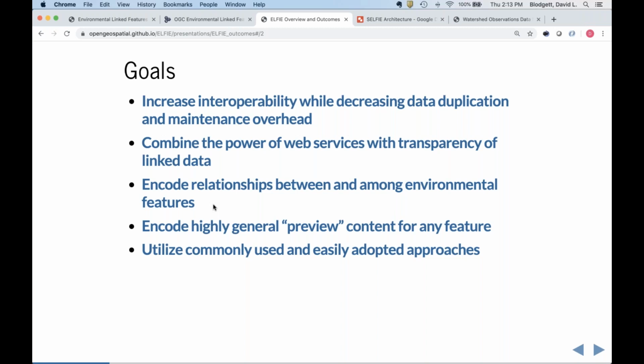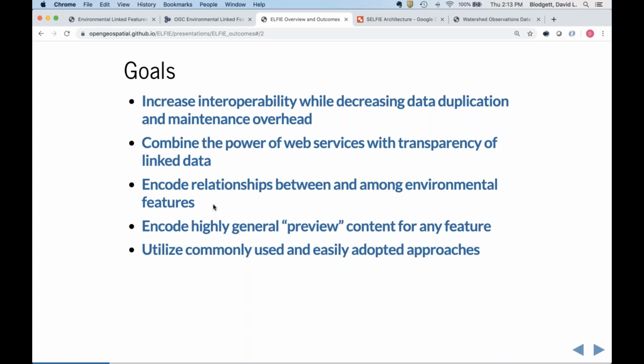the same environmental feature. Okay, so then at an application level, the desire was to populate the Google Knowledge Graphs, for lack of a better way to put it, with a preview use case that allows a search engine to have a simple preview of an environmental feature and links to relevant information about that feature.